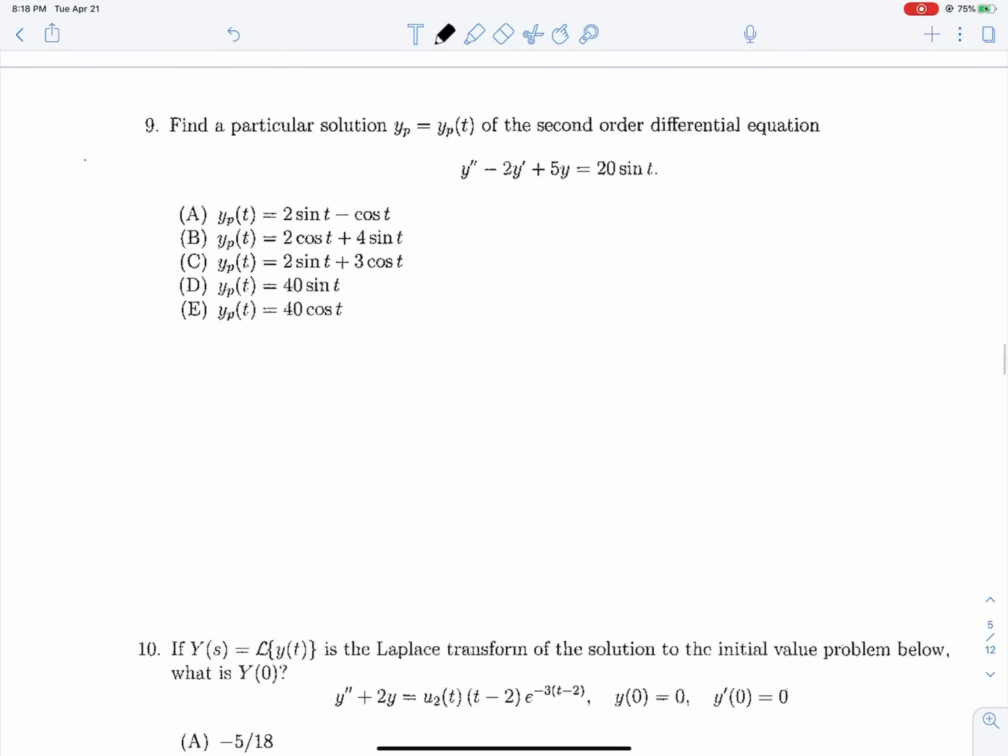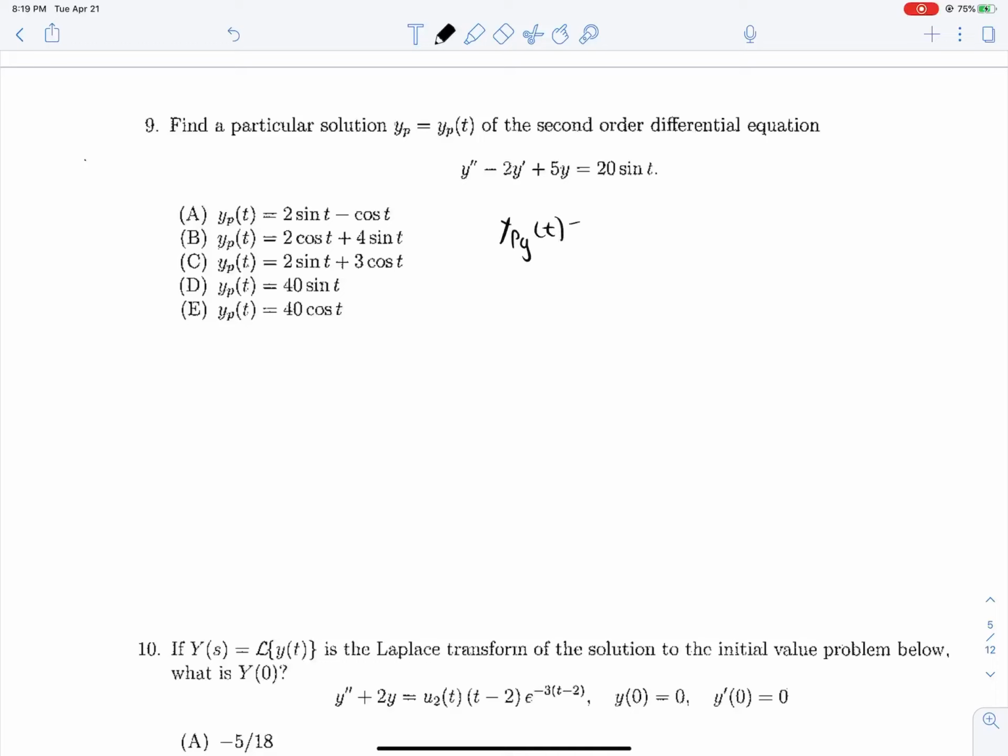9. Let's find a particular solution to this second order differential equation. Okay, I'm going to take a nice little shortcut in here. Usually we would have to check our characteristic solution to make sure that we didn't have any overlap between what we were guessing for our y particular and the terms that are already in our characteristic solution. If we found overlap, we'd have to multiply by t whatever terms we're overlapping. But since none of our answer choices are multiplied by t, they're just sines and cosines, we are going to roll with that. So